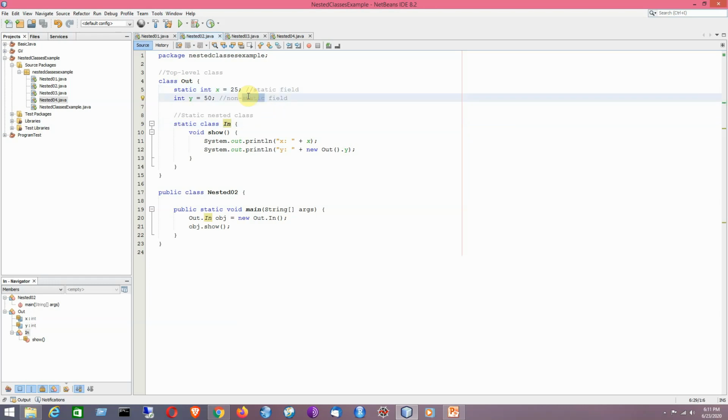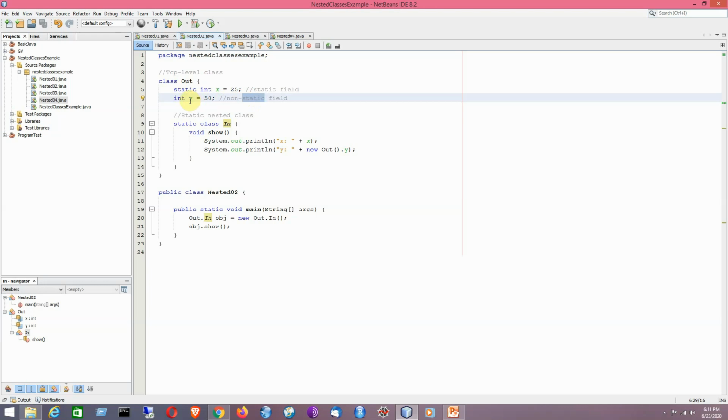Remember this. We can directly access the static field, there is no problem because it is a static nested class. But you won't be able to access the non-static field, that is an instance field of its outer class, directly. You need to create an object of the outer class in order to access it. That is the thing I am telling here.